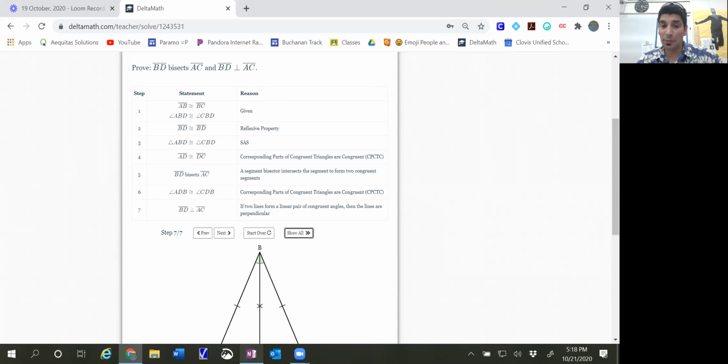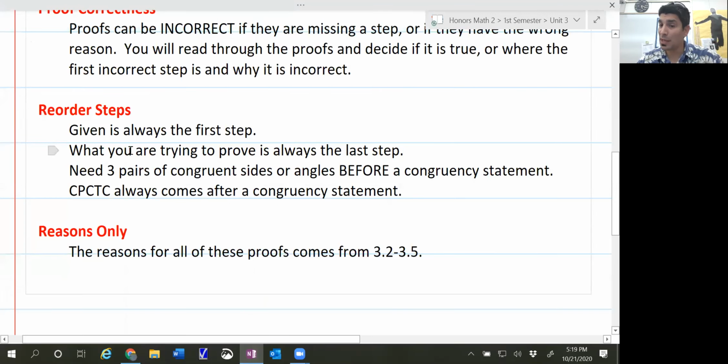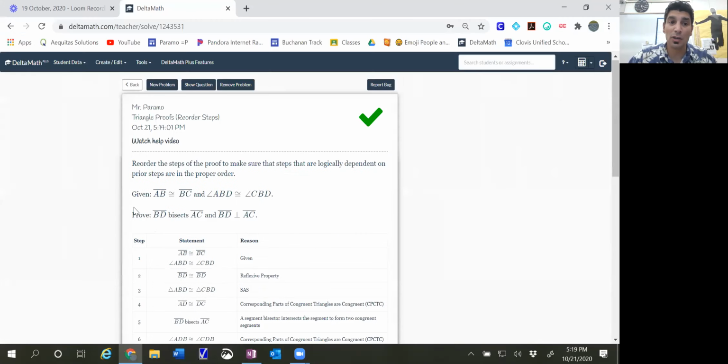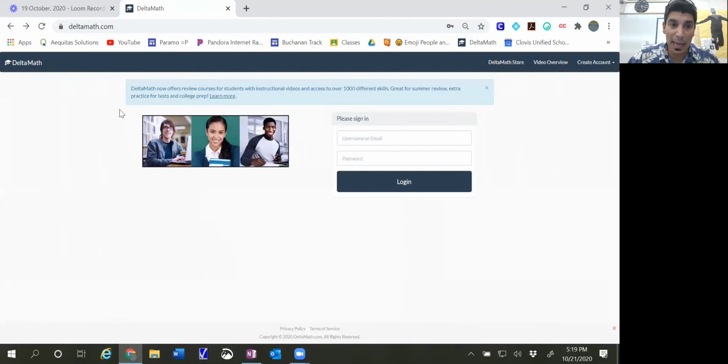The last example that you have to do are reasons only. These are proofs where the statement is given to you, but your reason isn't there. All those reasons come from things you should already know. For example,